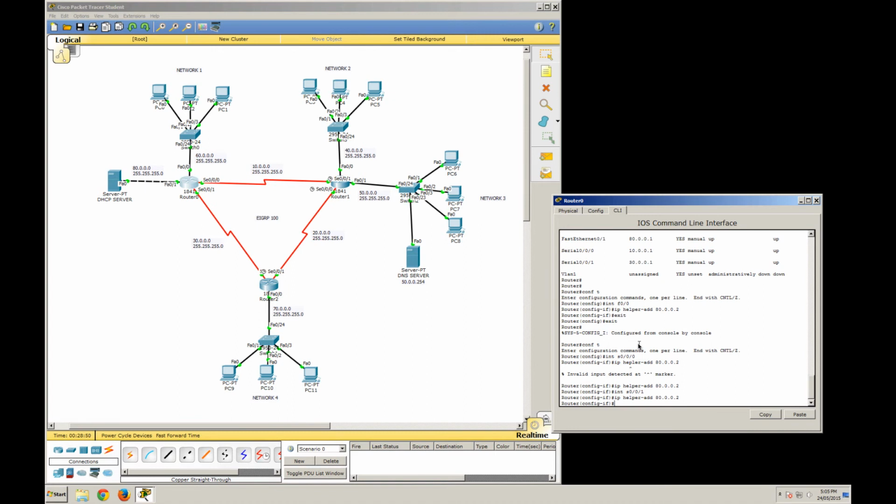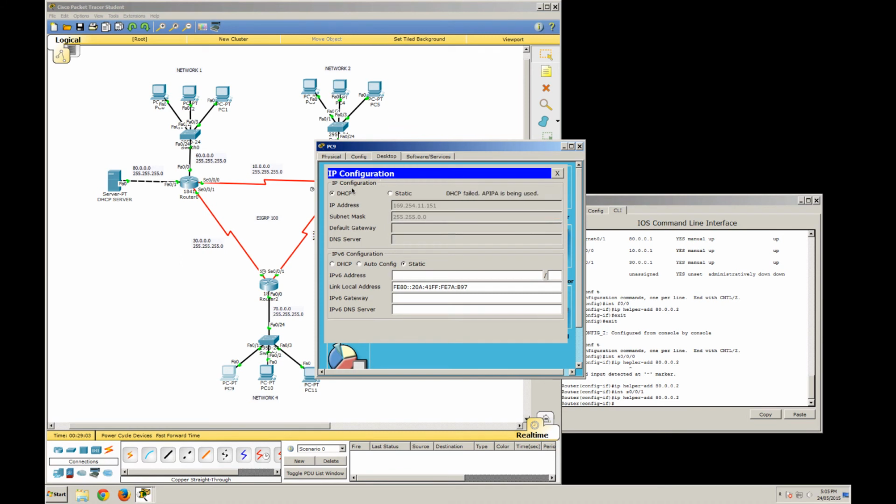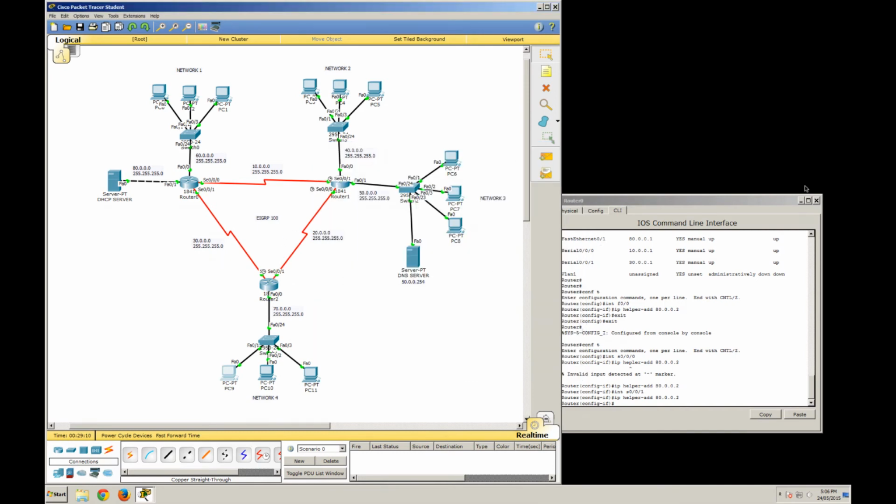Now we need to do this for the other 2 routers. This needs to be done for all routers on the network to send a request, or else it won't work. So if I were to try PC9 and try and get a default DHCP request, it won't work. This is because router 2 is not sending through the request, it's just blocking it, like how the first one was doing before we configured that. So if we configure the rest of the routers,